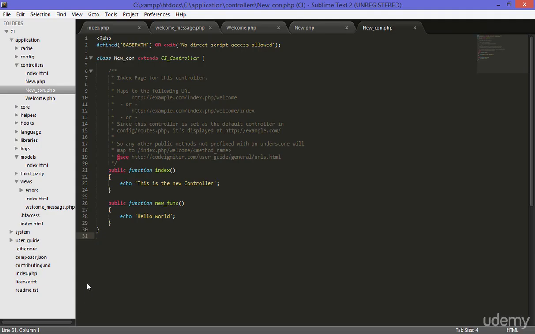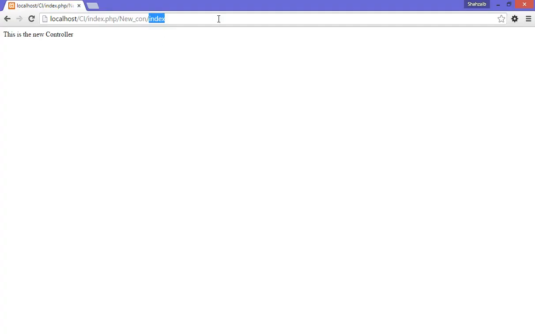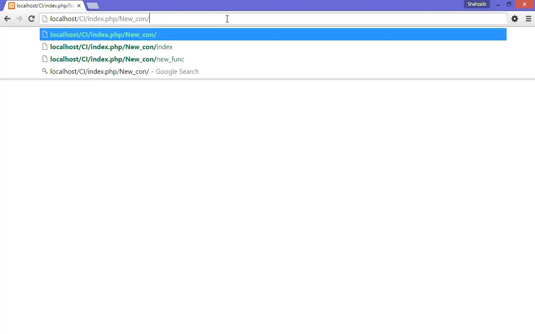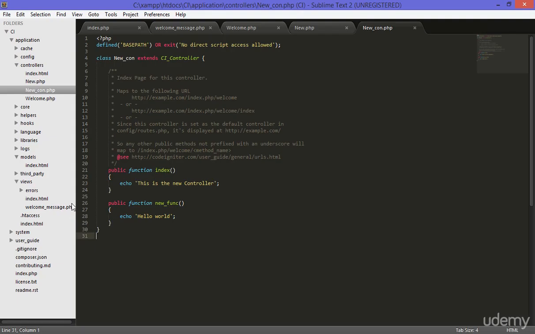Now I'm typing index and pressing enter. Now I'm getting: this is a new controller, because here I didn't mention the loading file. I just typed the echo here in the index. So we can access the index directly, or we just don't need to type the index or anything. It will be accessed automatically. So I hope you understood the basic things about CodeIgniter, and in the next class we'll learn some more things about CodeIgniter and the